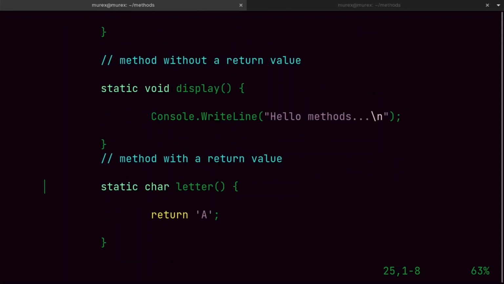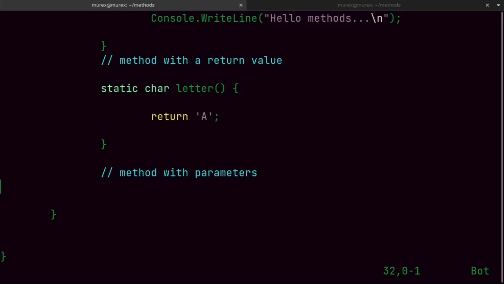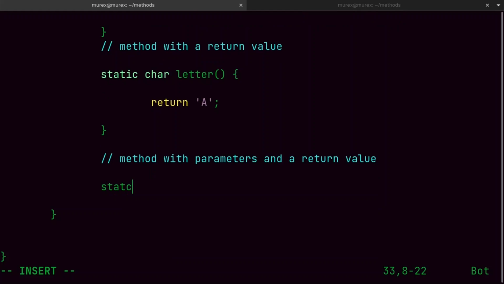So yeah, now let's discuss the one with parameters. So we can say a method with parameters and a return value as well. Okay, so this one is a method with parameters and a return value. Cool. So this one, same thing. Static is the topic of this week, static, and then we have a return value. So let's just return a string,